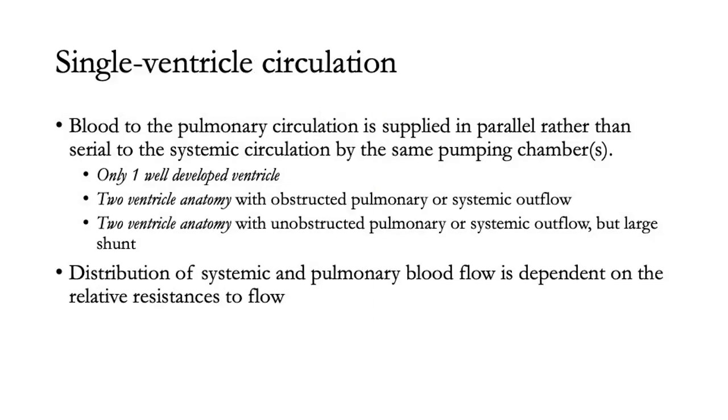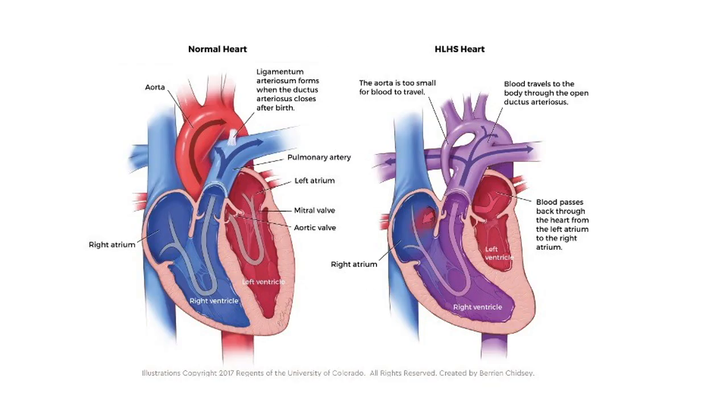A single ventricle circulation is either a natural or palliated situation where blood to the pulmonary circulation is supplied in parallel to the systemic circulation by the same pumping chamber. This can exist in 3 forms. Firstly, where there is only one well-developed ventricle, or true single ventricle anatomy. In the case of a single anatomic ventricle, there is complete obstruction to inflow or outflow from the hyperplastic ventricle,